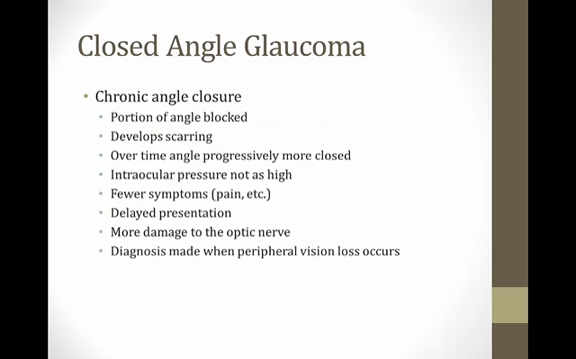There is a variant of angle closure glaucoma called chronic angle closure glaucoma, and in this situation a portion of the angle is blocked and develops scarring, and over time the angle gets progressively more closed. The pressures don't get quite as high, so there are less of those symptoms like pain that bring people to urgent attention. For this reason they can have a delayed presentation, and there can be more damage to the optic nerve by the time the patient finally presents to a physician. And the diagnosis is often made when peripheral vision loss occurs, because remember, peripheral vision loss occurs first before central vision